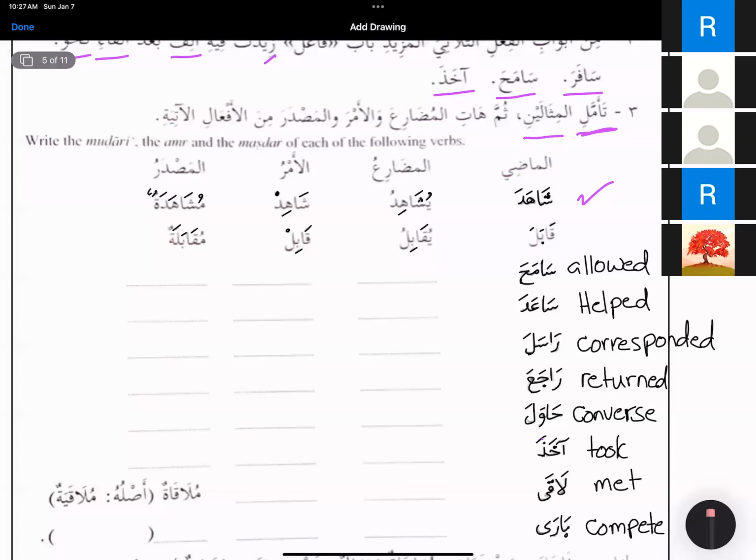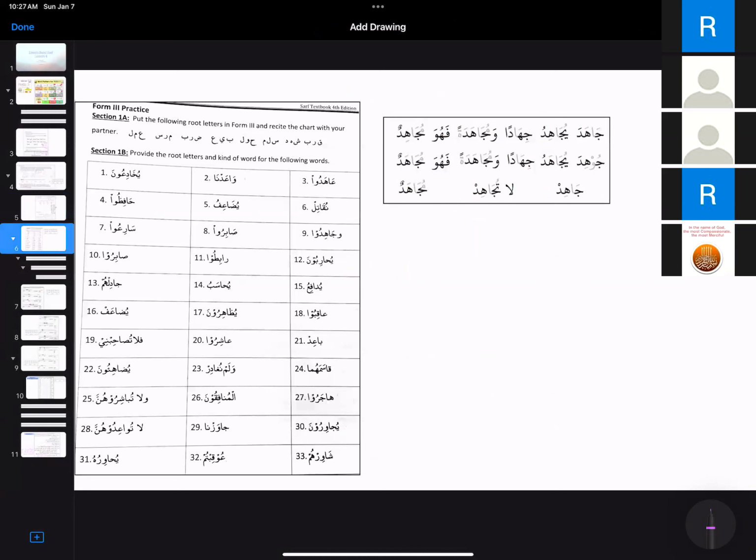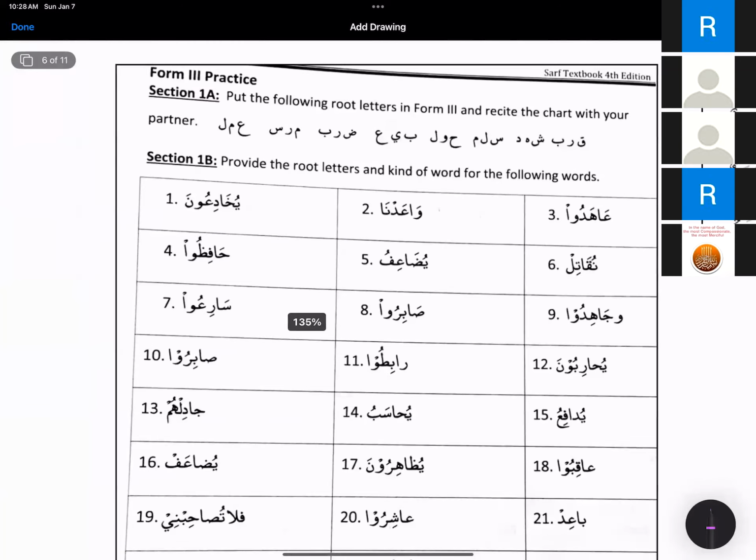We have a weak letter over here, so it is not going to conjugate in a regular way, but we are not doing sarf kabir over here, so I think we would be fine. So that should be your homework. Okay, so you are going to do it, inshallah. And we started at 9:30, so we have time. Okay, let's do this practice here then.